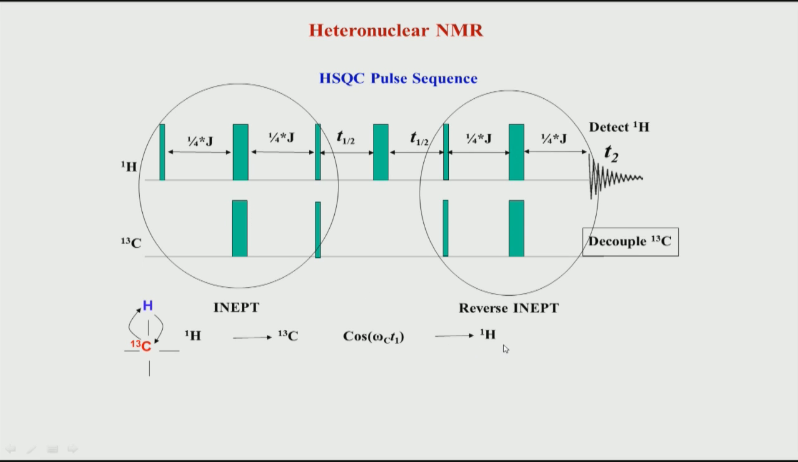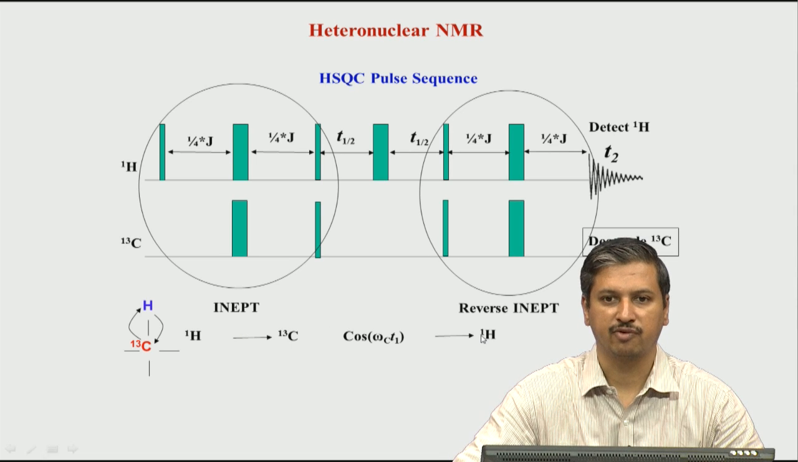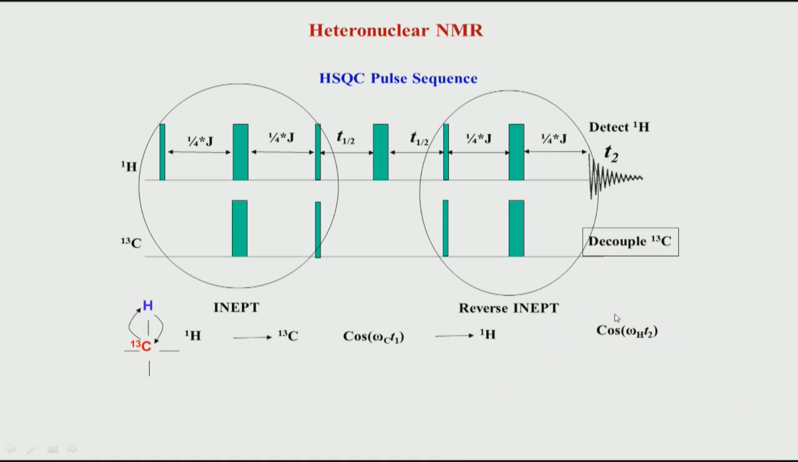Then you transfer back to proton during this period, that is reverse INEPT. So, it is exactly a reverse of what you get here. That is why if you look at the picture, they are very symmetrical. If I, for example, draw a line here at the center, it is exactly symmetrical. So, it is a reverse of the INEPT here. At the end of this reverse process, the proton magnetization is now on the xy plane, and during that period it starts evolving. As you can see here, there is a chemical shift of hydrogen which is captured during the T2 period,